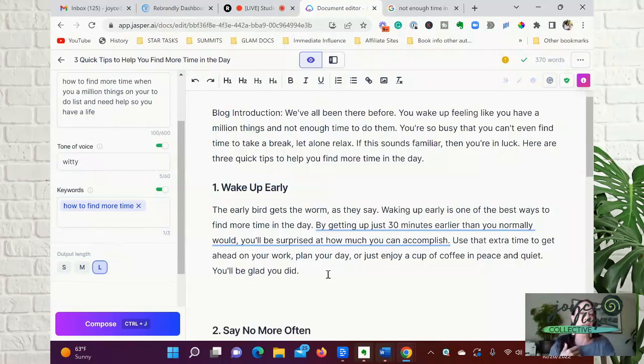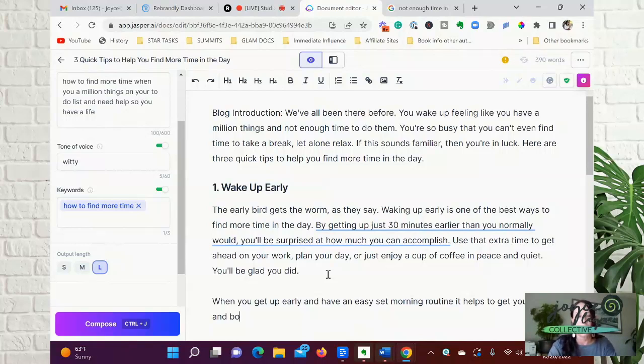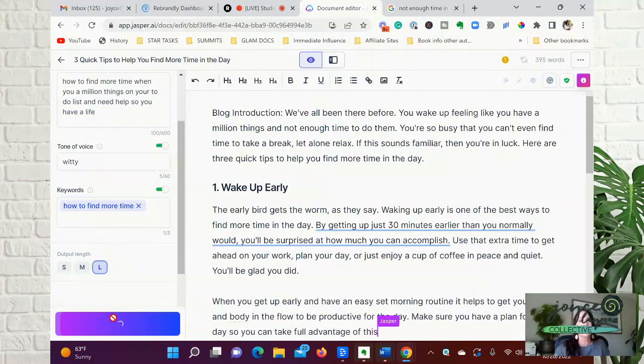So how you do that is I just start writing, and I'm thinking, okay, it's like when you get up early and have an easy set morning routine, it helps to get your brain and body in flow. Now, notice I'm leaving that and I'm just hitting compose. And we're going to let Jasper take off.